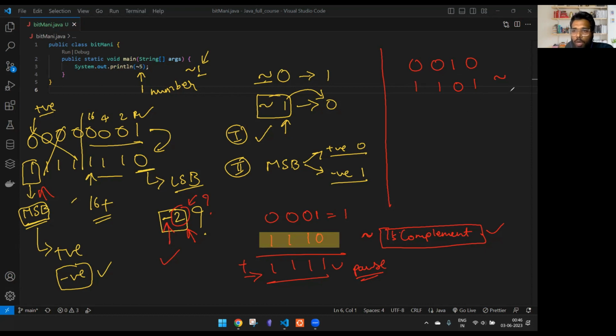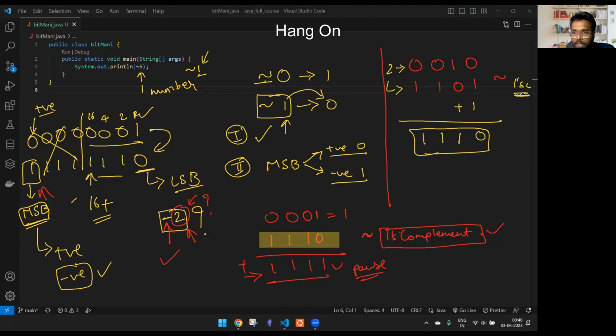Okay. Now, once we get this ones complement, we just add +1 to this, and then what will happen? 1 plus 1, it will carry forward, and here we'll get 0. The next value will be 1, 1. Okay, this is what I did. This was 2 initially. I did its ones complement. Then I got a binary code of 1, 1, 0, 1. Then I added just 1 to it. It carried forward, and finally I got a value in the form of 1, 1, 1, 0. Okay, now if you compare this and this, aren't they both the same? Okay, so this proves that